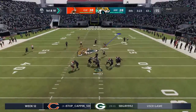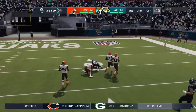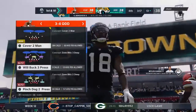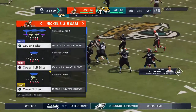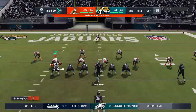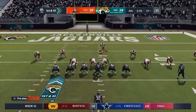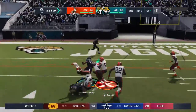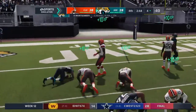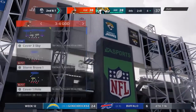Now Minshew on 1st and 10. He's going to go deep for Conley. This is caught inside the 15. It's a big play for the Jaguars. 44 yards. From the 13 now, they work on 1st and 10. First down, here's the run with Montgomery. And this will leave him a yard short. Nice pickup of 9 yards on 1st down. He was brought down at the...